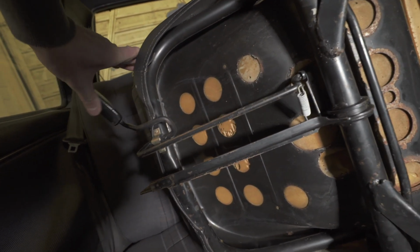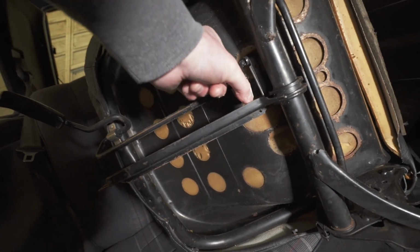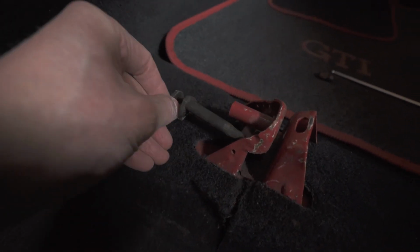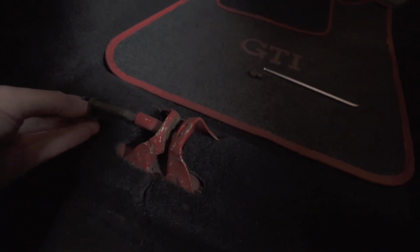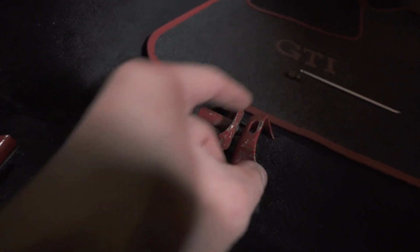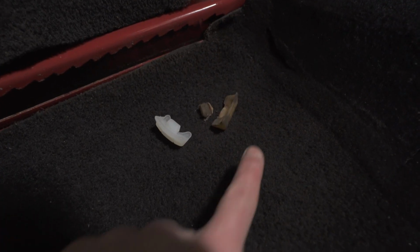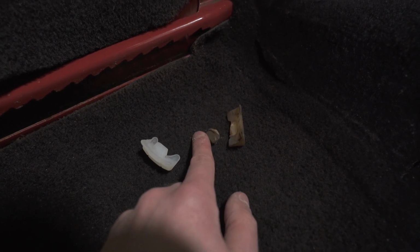So that's the mechanism to slide it forwards and backwards, which pulls this bolt. That's what engages the seats when you move it forwards and backwards. Now on top here, that's where the plastic bushing has to sit. You can see the little hole in the top there. So you can see the nasty old one here, which is snapped, which is the little piece I was mentioning earlier,